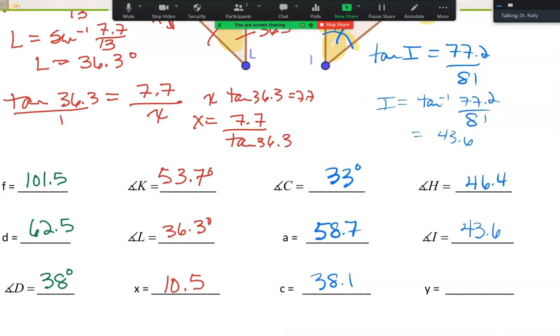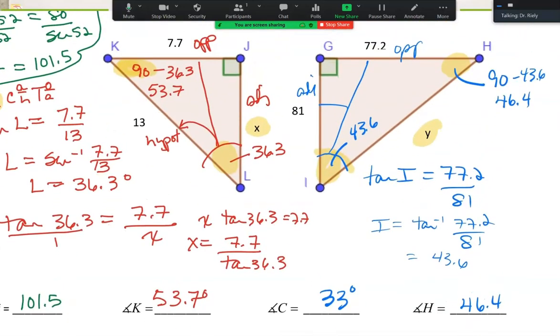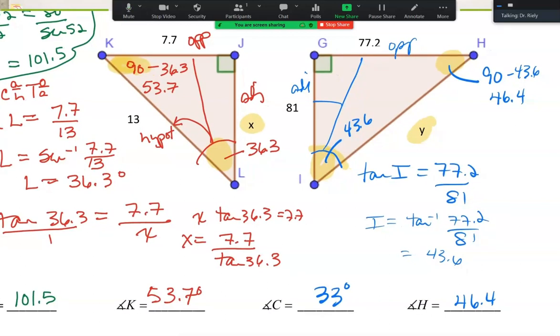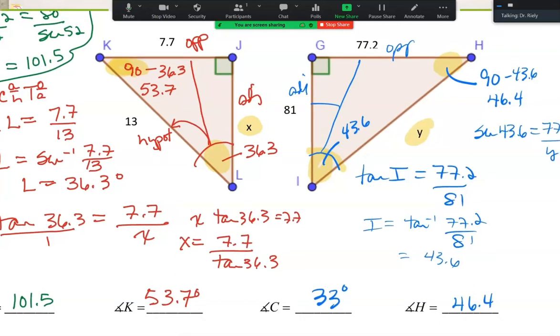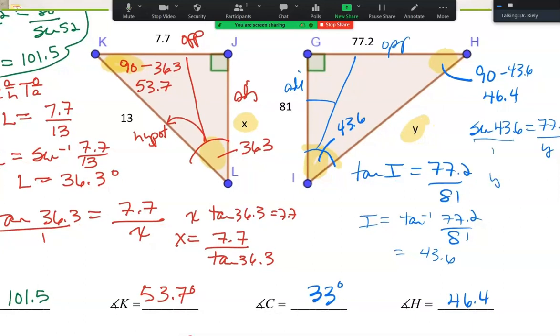We've got one more thing to do, and that's get the missing hypotenuse. We're going to have to use either sine or cosine to get the hypotenuse. So why don't we do, I don't know, let's do sine. So I can say the sine of 43.6 equals opposite, which is 77.2 over the y. Okay, that's a two-step problem. Y times the sine of 43.6 equals 77.2. Y equals